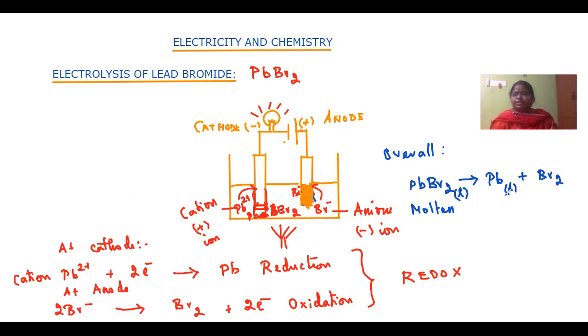Over here, yes, lead bromide dissociates into lead and bromine. So bromine is a gas. What is the state symbol? Bromine is a gas, yes. So over here, children, lead bromide you got, and these are the observations. The bulb glows, and then you get the vapor. So these are observations, okay?